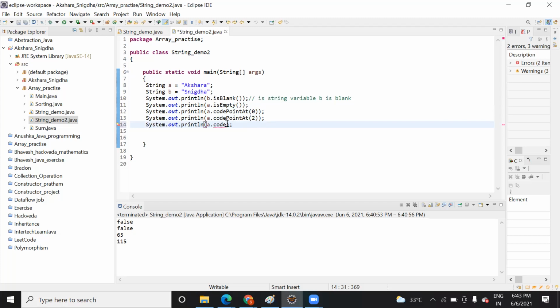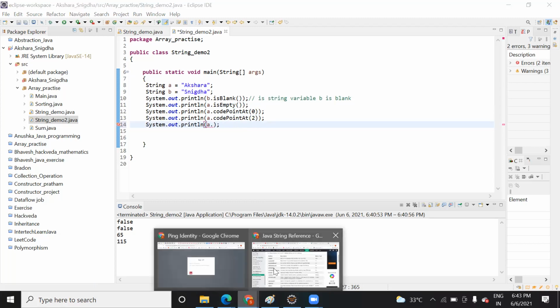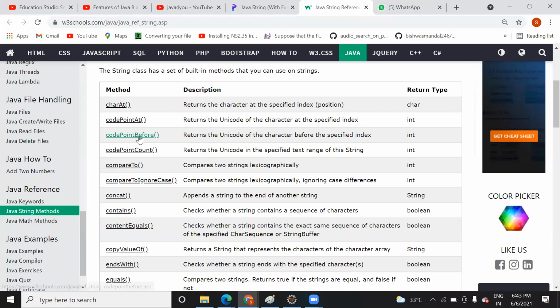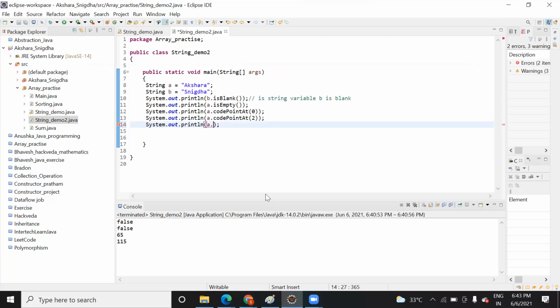So let's try with another function. That is what you can try for this function, codePointBefore. Okay, so I'm trying this codePointBefore here, and run this.